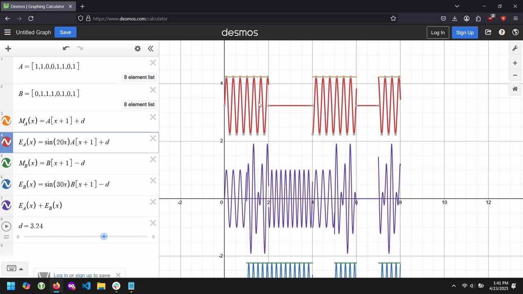They'll put off electric fields, and as the electric fields change, then you have magnetic fields that change, and then electric fields that change. I won't get too into it, but basically what's happening